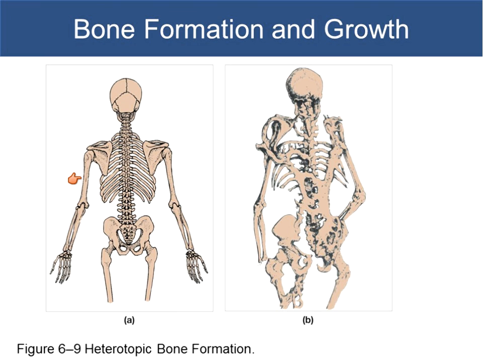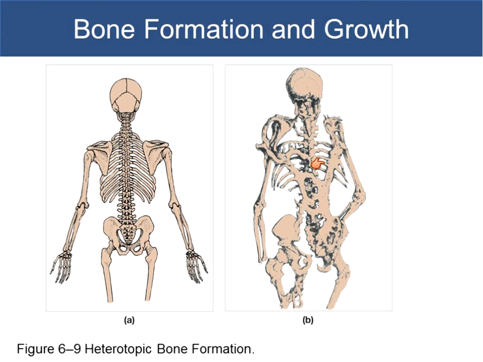So what we have here is on letter A, we have what we consider a stereotypical type of skeleton. And then over in B, we have this aggressive form of heterotopic bone formation, where there should be individual vertebrae down here in the sacrum, and we don't see that because they're all fused together. The same thing with some of these ribs, that those ligaments and tendons and muscles, they've now fused together, and they've caused the skeletal system to have this very